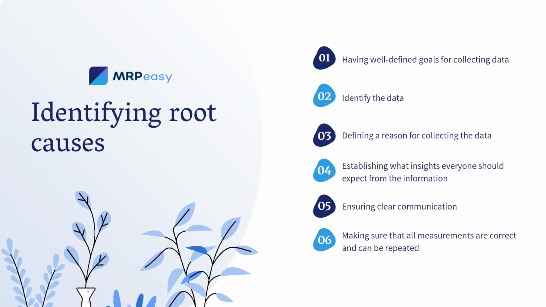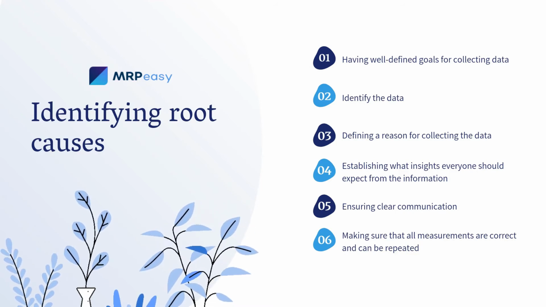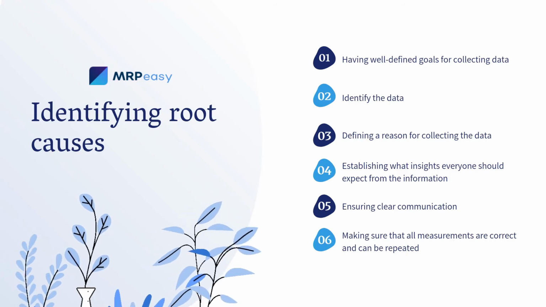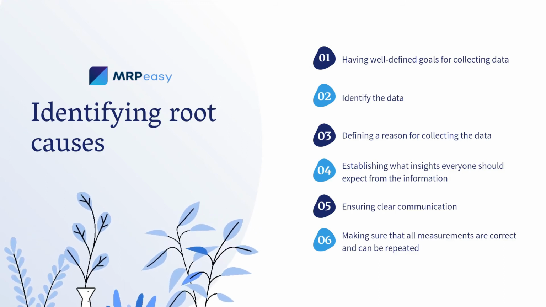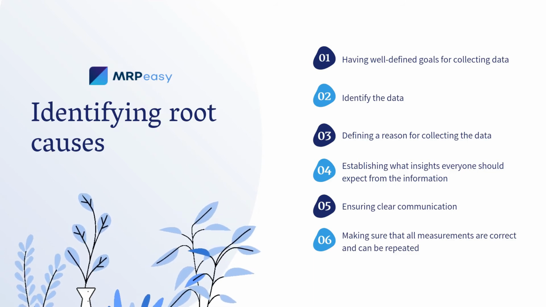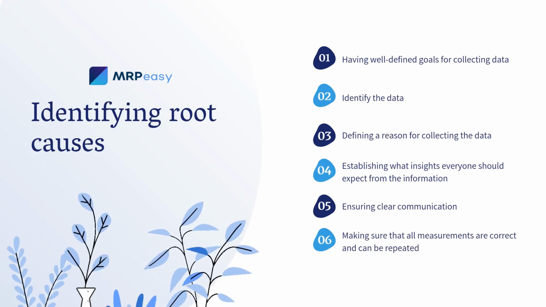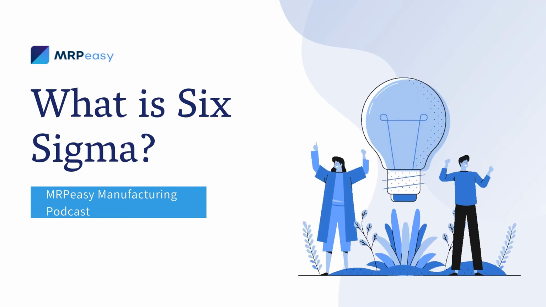After the data has been collected, it's time to determine whether it is providing the necessary understanding and is meeting the established goals. If it isn't, improve the data collection plan and come up with further information. Data collection includes interviews, observations, and asking questions until there are answers. Use the collected data to find ways to improve or optimize the process by identifying the root cause of the error or variation. After the root causes have been pinned down, it's time to make changes that will result in the elimination of disparities and defects